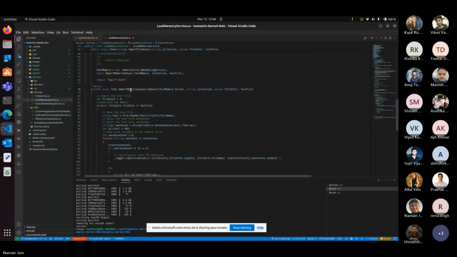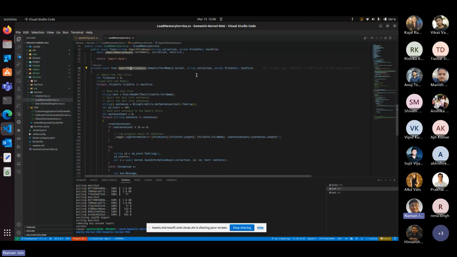Now we'll be importing all those memories that are out there. Qdrant has the terminology of collections. You can say it's a table, and in the whole collection you can have information of a single type of data. With the help of Blink 5 utilities, you will be chunking them all into different pieces, because